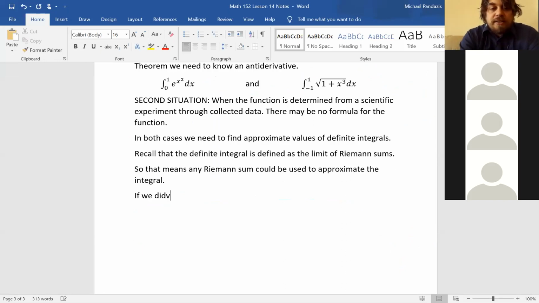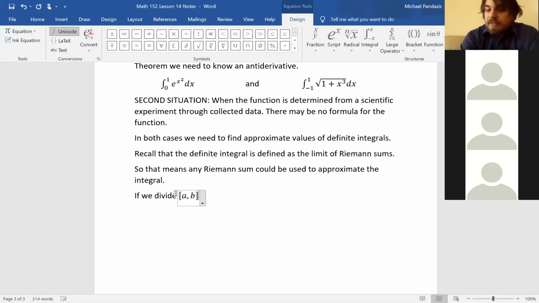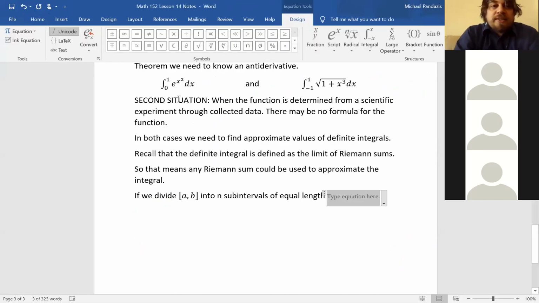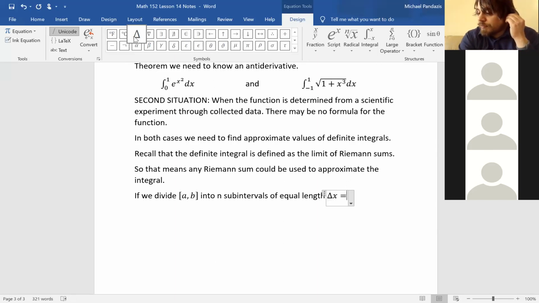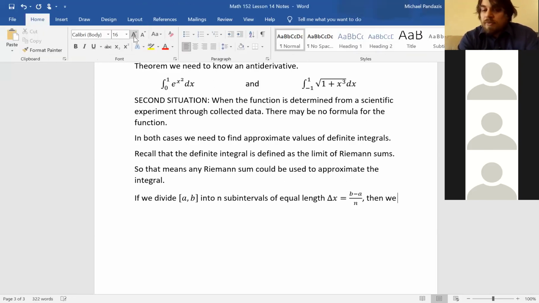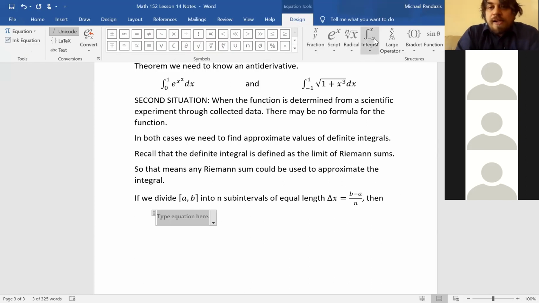So if we divide the finite closed interval a comma b into n subintervals of equal length, and that equal length is delta x, which equals b minus a over n, okay, then we have the definite integral from a to b